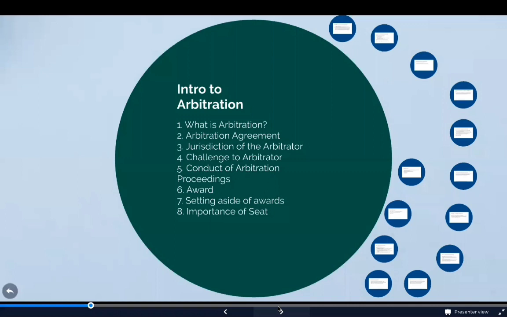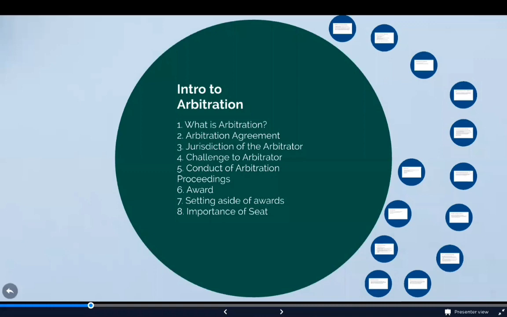Some of the features of arbitration is that the parties themselves decide what should be the rules for arbitration, which law they want to apply to it, and how they want to govern this arbitration. And they also have a right to choose the person deciding their dispute. That person is called an arbitrator. So let's say if you have a maritime dispute, you choose somebody who's an expert in maritime itself. However, in the court system, you cannot choose a judge. In arbitration, you have all the rights to choose your arbitrators. So that's about arbitration.